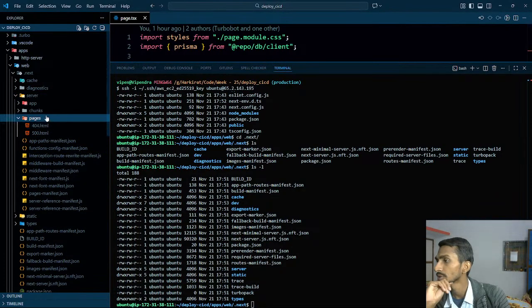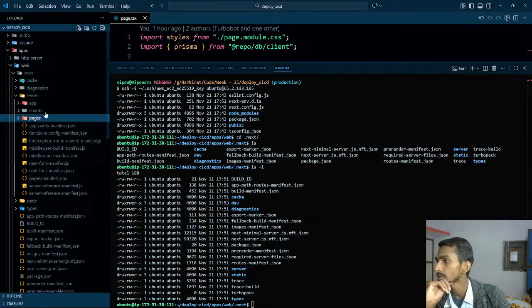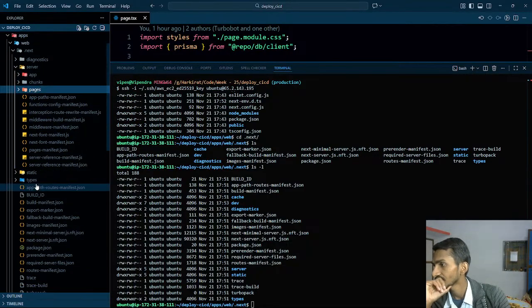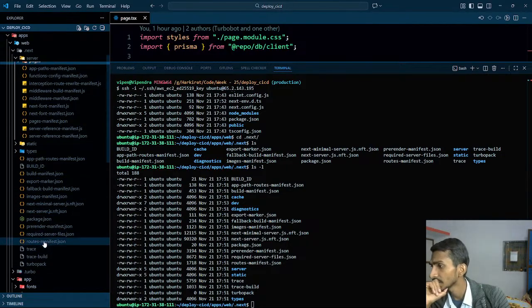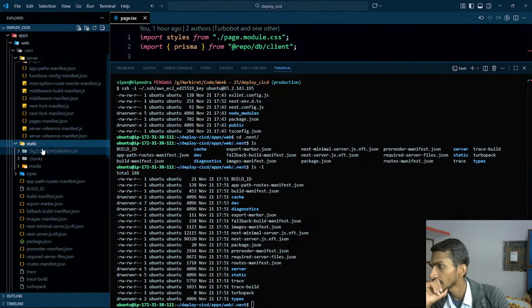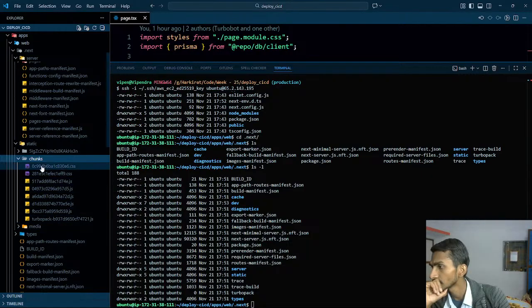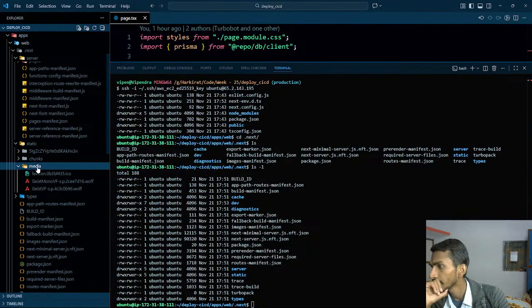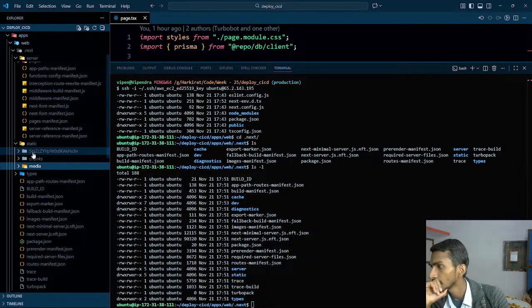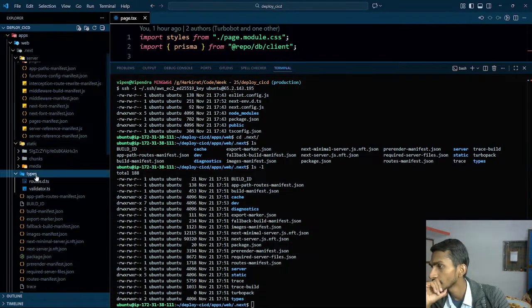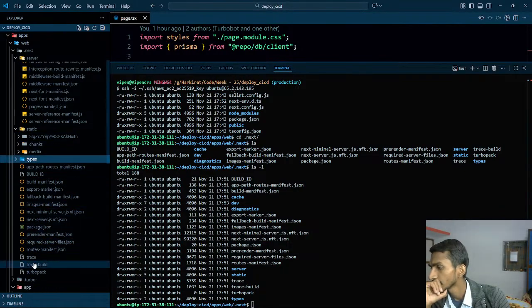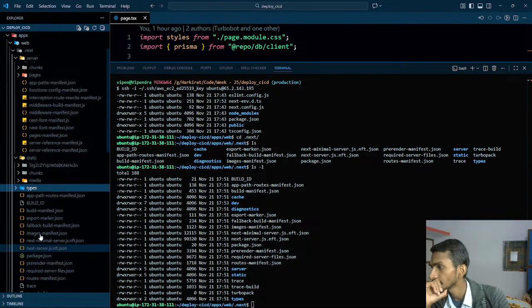Pages, chunks, not this. Yeah, this is not something that I'm looking for: any HTML page that's generated statically. Static, chunks, no chunks. Media, no media. This particular thing is not quite important. So ultimately I'm not getting that thing either.